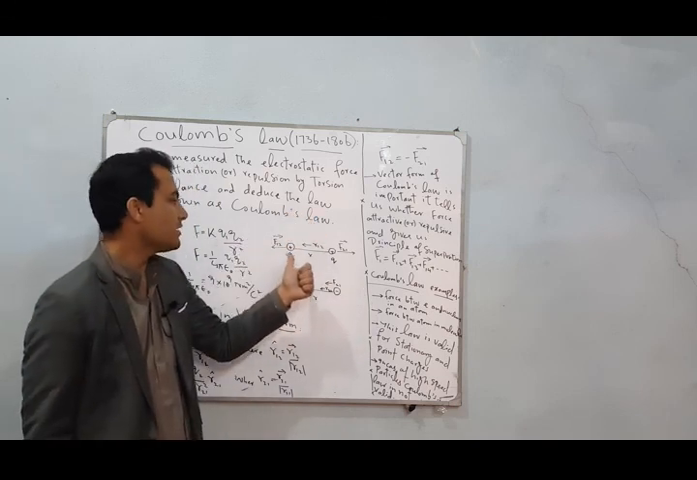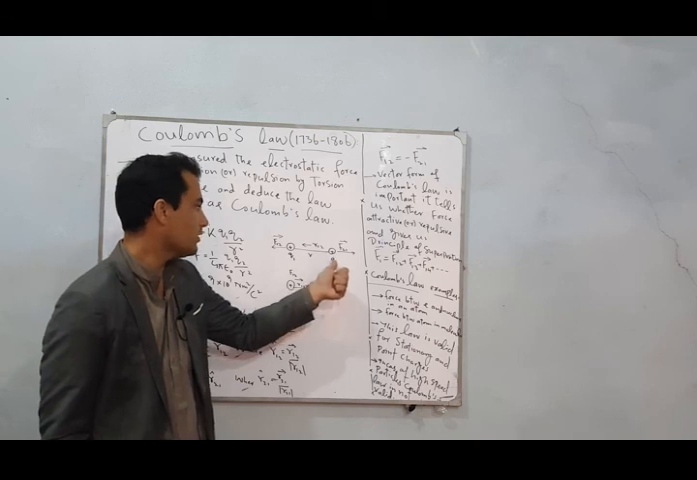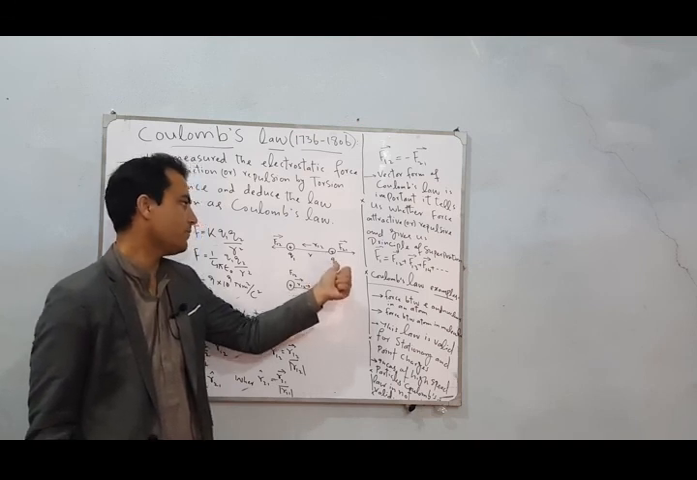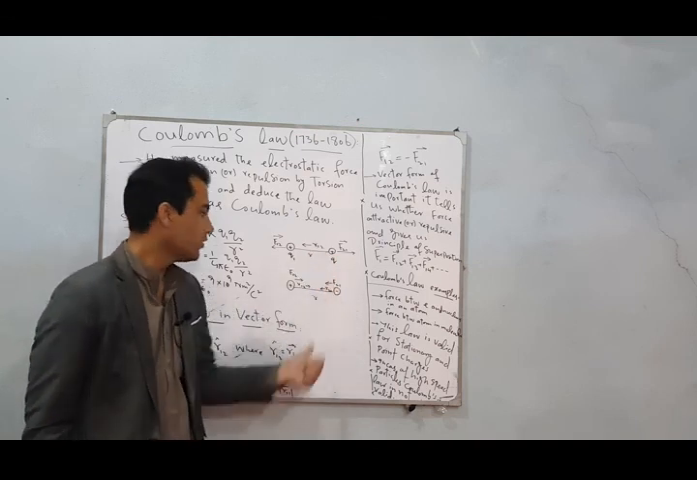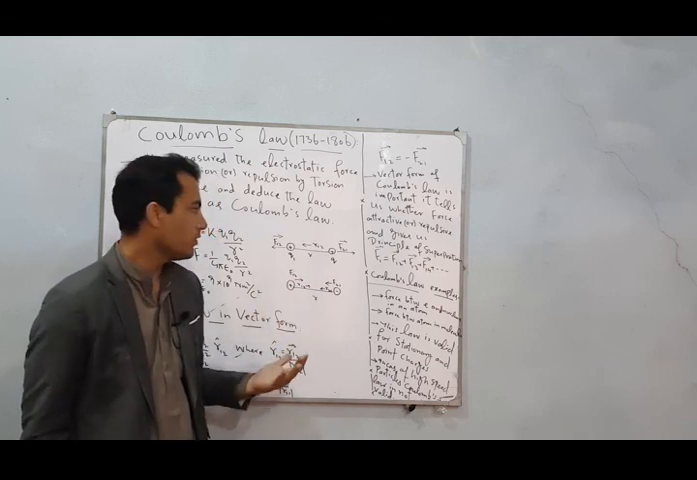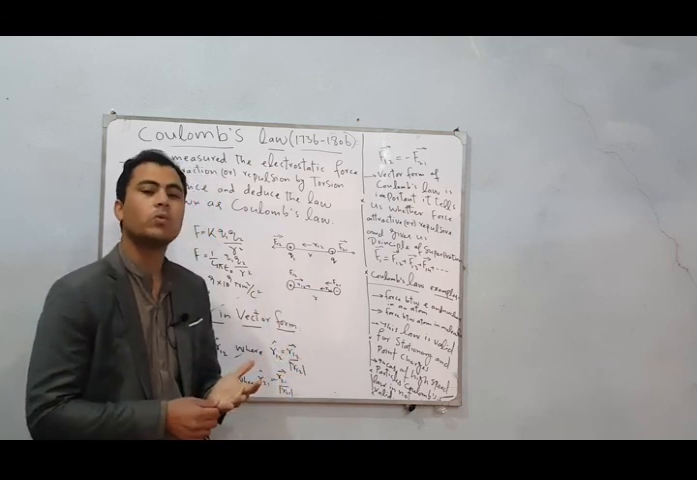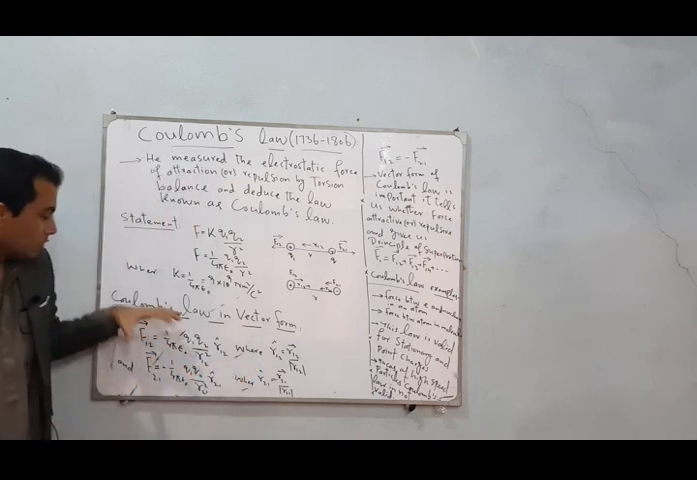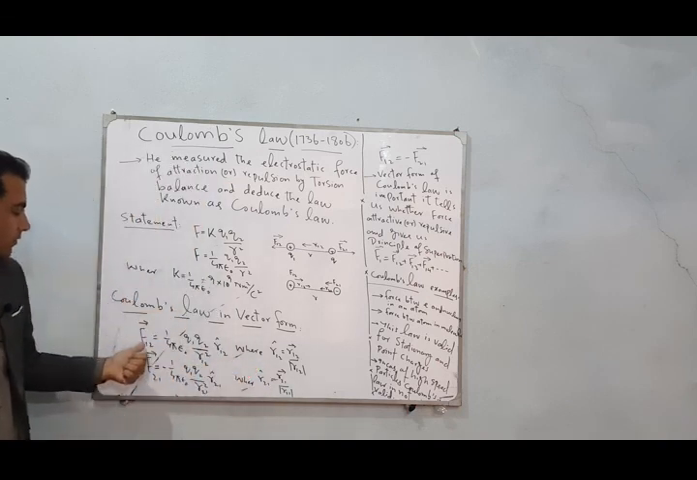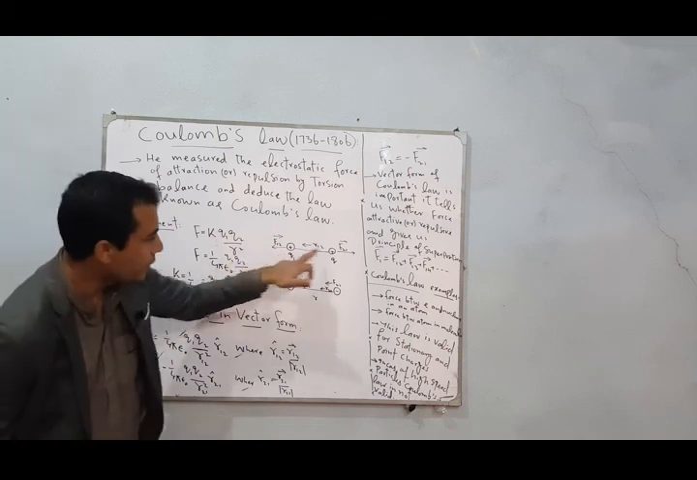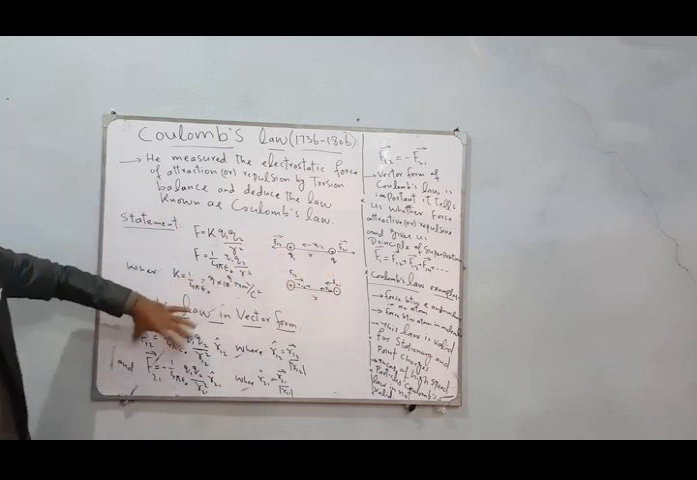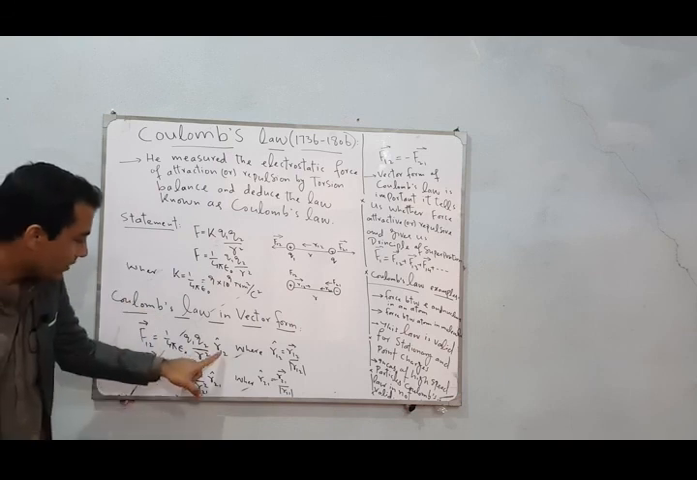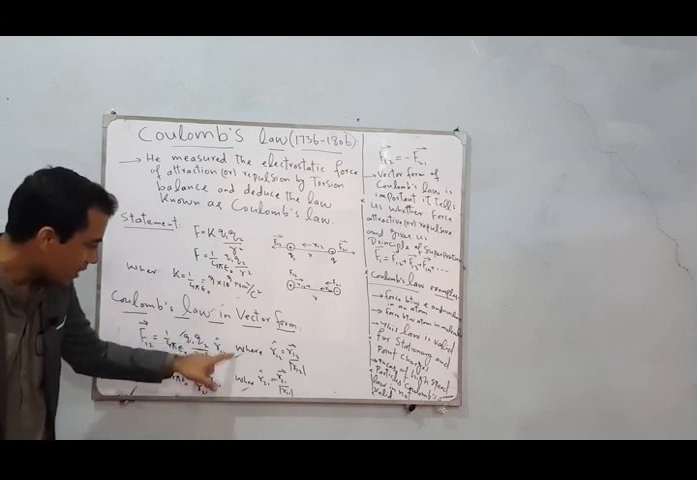Similarly, if we take the distance with respect to charge Q2, then this distance is basically R21. So R21 or R12 is basically the distance between two charges. So this is the vector form for the charge number 1. The force on charge number 1 due to charge number 2 is equal to this, while R12 here